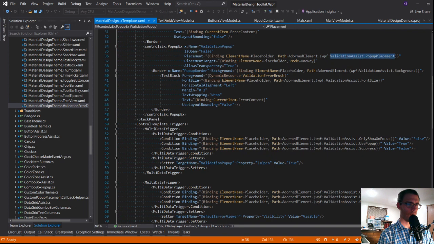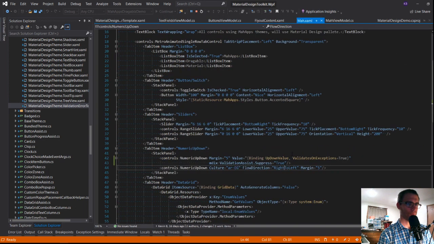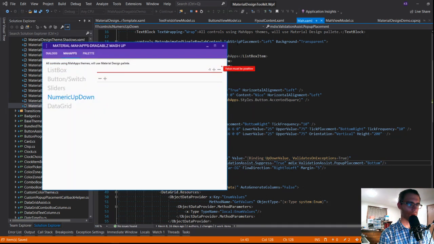Let's try popup placement. Maybe I'm just getting this wrong. So let's see here. MDIX, popup placement, bottom. Interesting, it doesn't look like it is using our validation template.